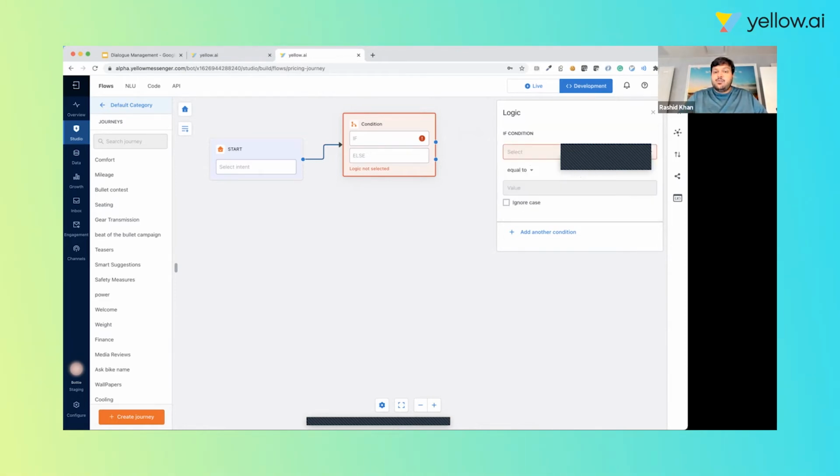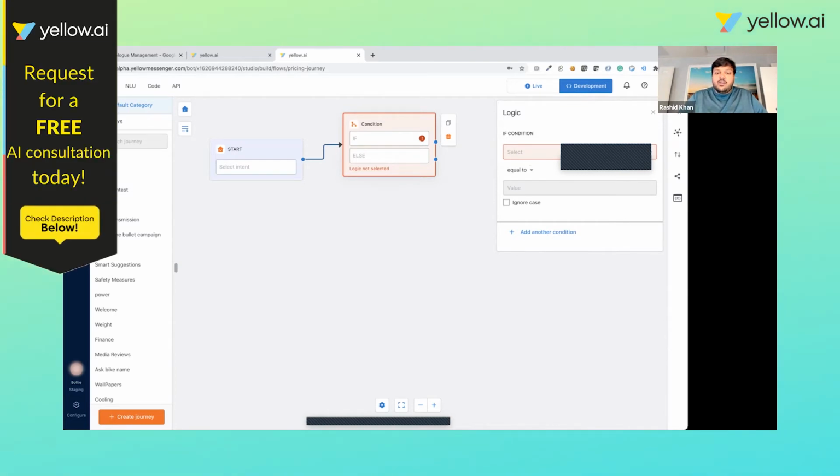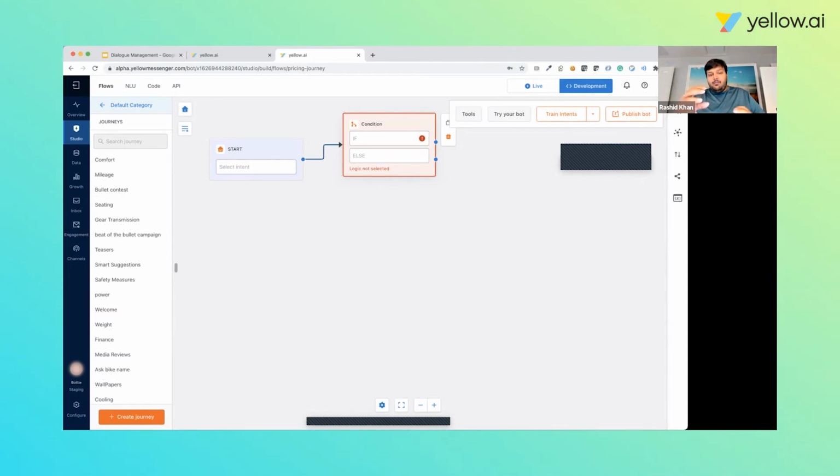And on the platform, one of the things which you see in terms of enhancing the conversational quality, we keep giving out errors and recommendations to the user. So essentially nothing gets missed out. So in this case, you can see saying that logic is not selected. That means that if user comes to this block, and since we have not configured any logic, the user will not be able to move forward. And it is giving me a suggestion on how to fix that conversation.